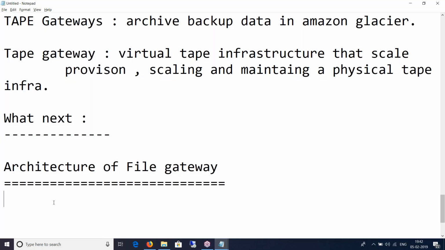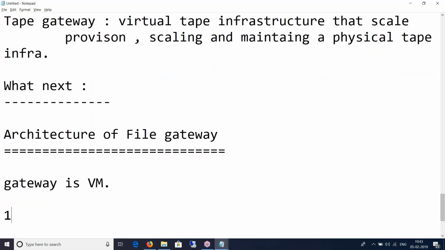So the very first thing that we do is that we activate a file gateway. And we know that this gateway is a virtual machine, regardless. It could be a VM on your premise on a Hyper-V, or VMware ESX, or an EC2 instance. Now, once you have the EC2 instance up and running, you activate the gateway. So step number one is to create a gateway, which is nothing but a VM.